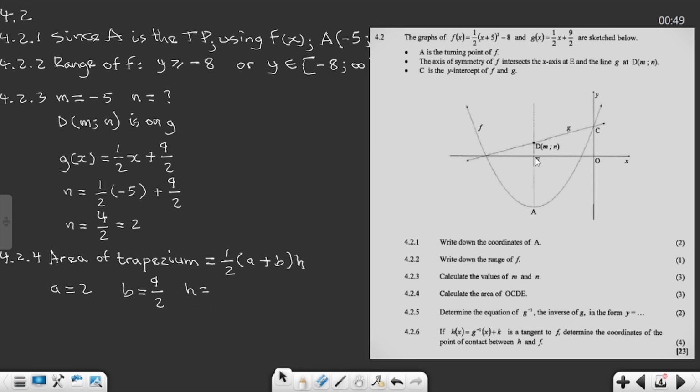You know the x coordinate of E will tell you the length EO, right? So from the coordinate of D, the x coordinate M was equal to -5. So it is the same x coordinate of E. So the x coordinate of E is also -5. So from 0 to E, the length is 5. H is equal to 5. Okay. Now the area is equal to,